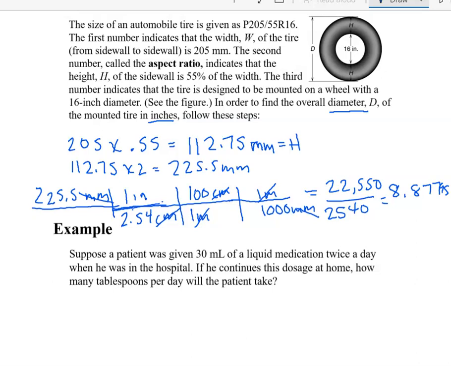So since we were dealing in units that had millimeters, I could round to the thousandths place. I'm going to say we round to 8.876, and that's the height. Actually that's both of the heights together because we already multiplied by the 2. So that's in inches. We need to add the 16 inches to that for a total of